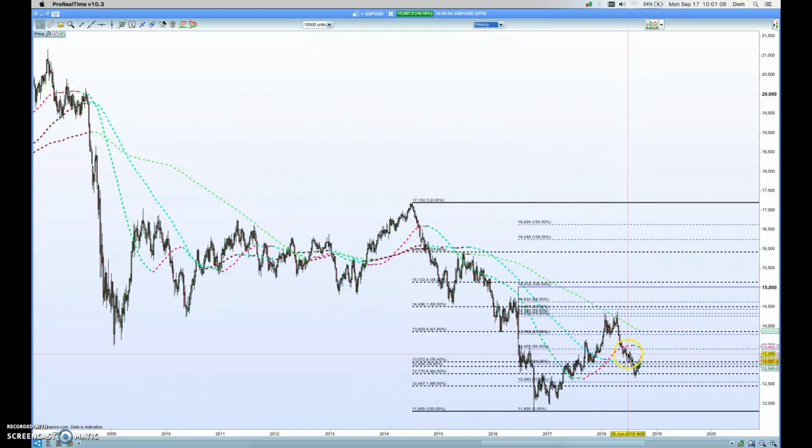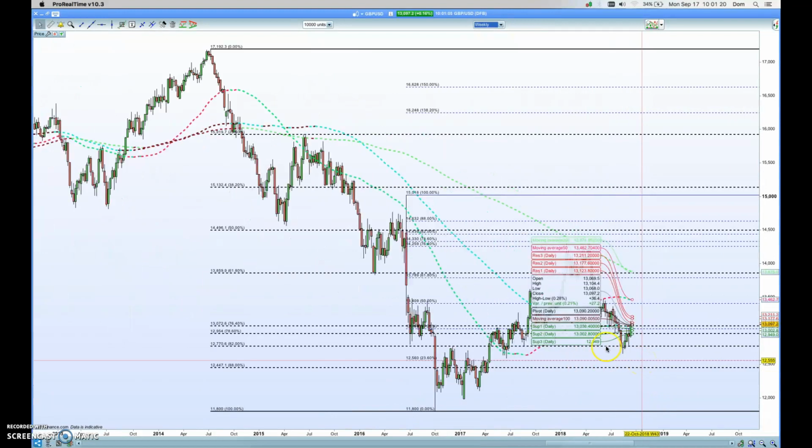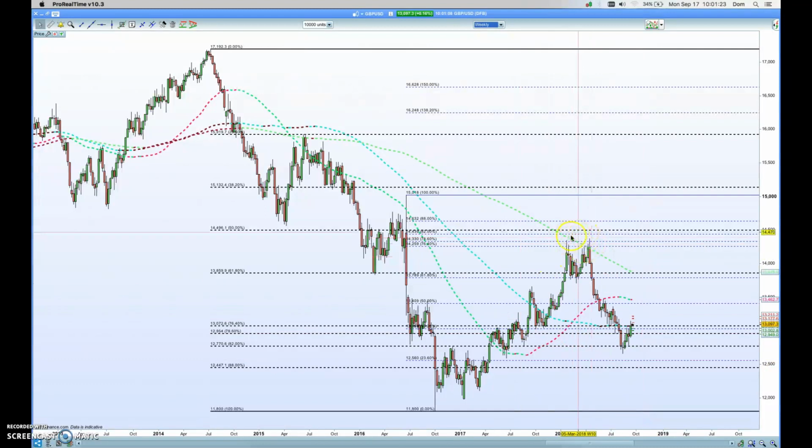And then since then, we've had a nice little retrace throughout most of this year. It started back in April, where we're seeing a bit of a move up. What we've got here is really a move up to my fib zone around the 76.4, and then we've come down into my fib zone, down into the 82%. So if it's going to continue down, it would need to break below 130, and then potentially we could see another retest of the 118, 120, and possibly even lower, which would be quite a big move down,